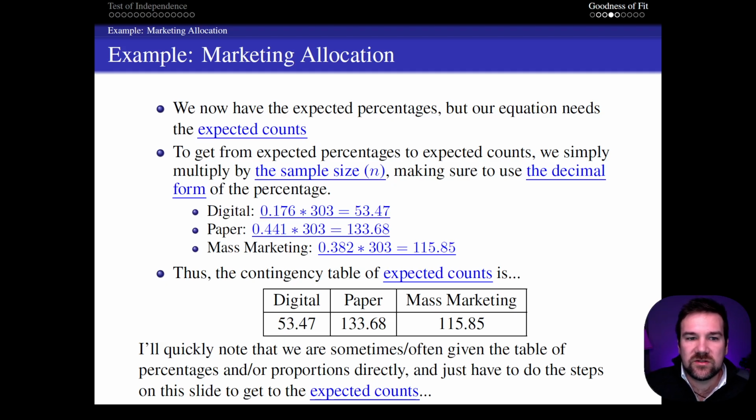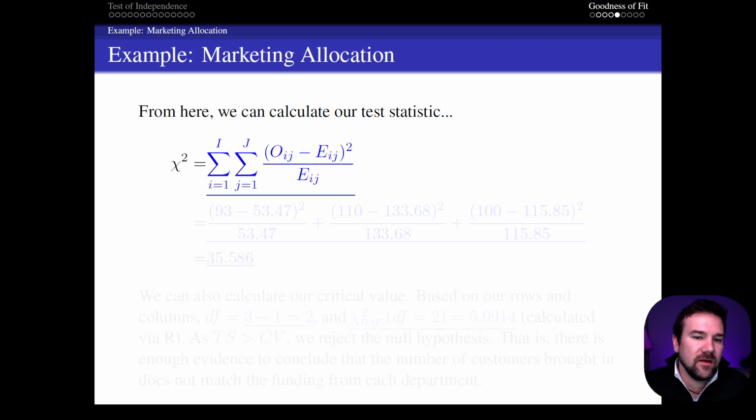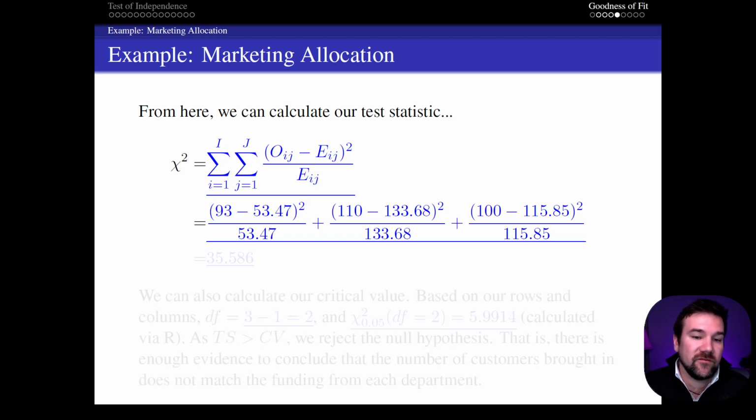So sometimes you can just skip to this slide and you don't have to do the stuff on the previous slide to find these expected values. But again, just like with the test of independence, once I have my observed table and my expected table, I can find the difference between them, square it, and then divide by the expected. Ultimately, when I do this for my 3 cells and add up the results, I get